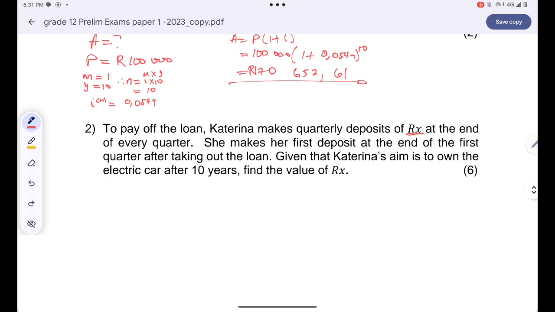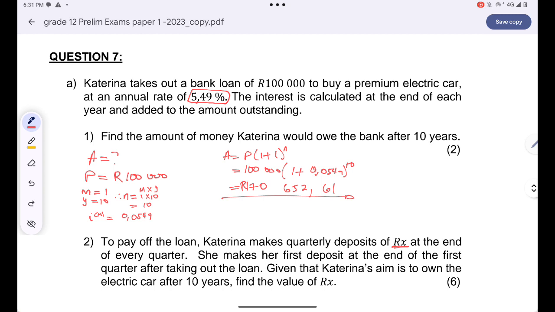The first thing we need to do, guys, please note that the frequency of paying your installment should be the same as the number of times interest is calculated. Are you together? So if I'm going to make quarterly payments, that means I should have a quarterly interest. So over here, I just need to change this annual interest and convert it to a quarterly interest before I find the installment.